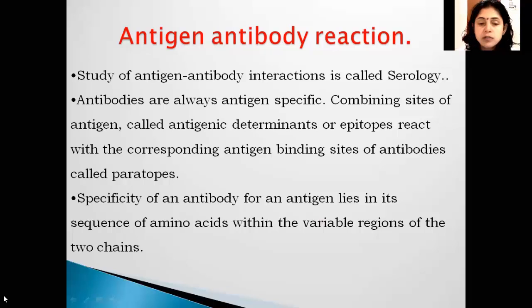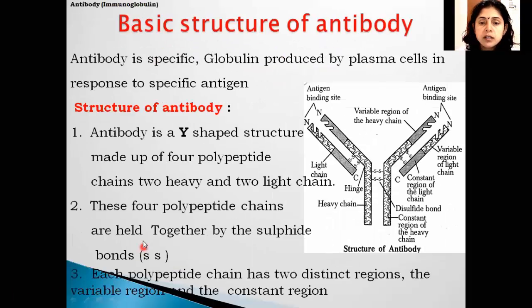Just that we have seen, in this structure, this is the antigen binding site. So this is the amino terminal. So amino acid specific sequence is there, and according to it binds to the antigen. So this is the structure of the antibody. So here antigen antibody reaction also takes place. याचा जो बारकाईने अभ्यास केला जातो. So that's why in details we are going to see the structure of antibody.